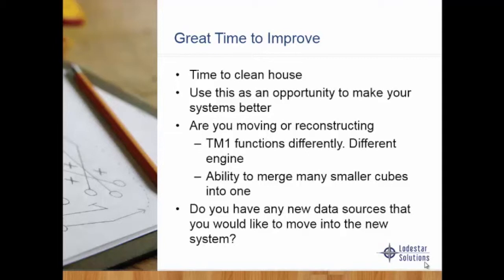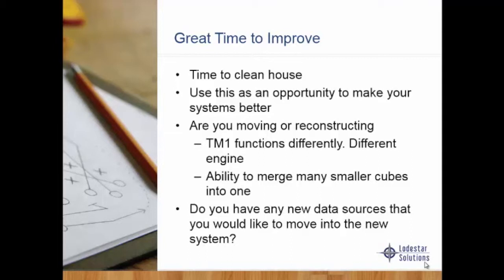So if you think of your house and it's brand new when you get it, and then you start to accumulate stuff and there's stuff in the garage and you have junk drawers, imagine your system when you first got it. It might have had some quirks, but it was exactly how you intended it to be. This is a time that you can take information that you need and you decide what you want to move and what you don't want to move. And if you don't use it, then you don't need to move it. But this is an opportunity to make things better.